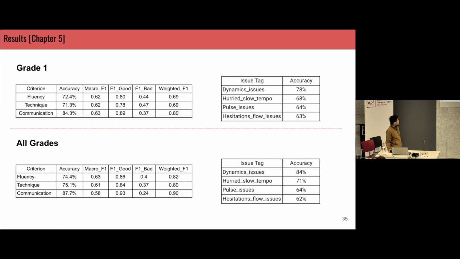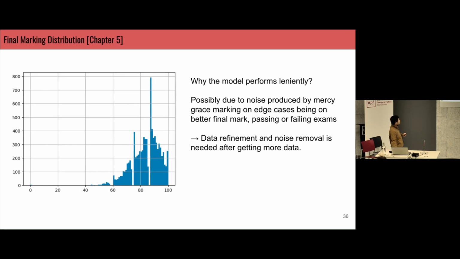It can misclassify these tags as each other. As an indicator of whether the model is working or not, F1 has a threshold of 0.6. And for binary classification, about 0.7 to 0.8 is kind of a threshold to define whether the model is working well or not. And I would like to explain why this model is working a little bit leniently.